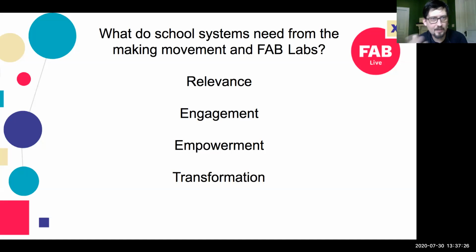And Alethea and I, one of the things we told principals is we will go anywhere, anytime. We're not looking for your best darling students, and we're not looking for your best darling schools. We want to go anywhere, because in the end, the success of digital fabrication and making in schools is in the fact they can help anyone, any student from any background. And if that mission is accomplished, then yes, at that point we can say as a making and digital fabrication community, we have something to offer.